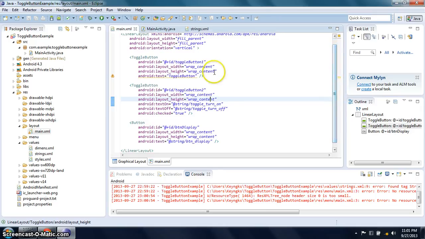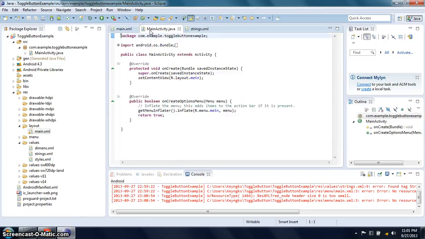The next thing to do is to add a click listener to the main button. So go to the Java file that contains the code of the activity that you've created.